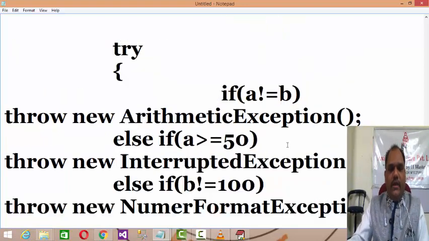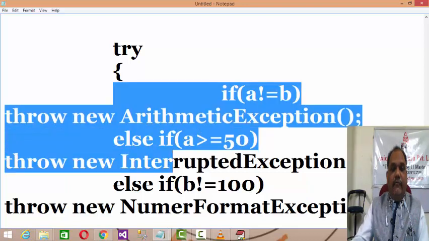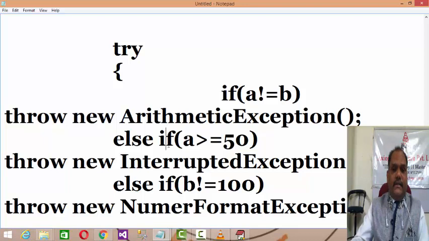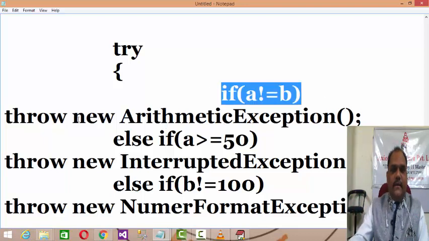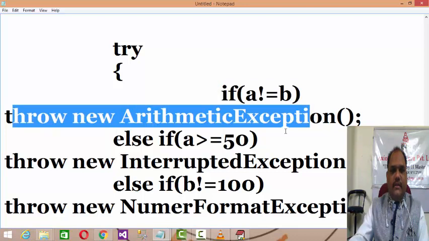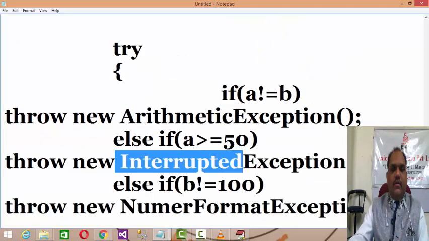Now what we understand by this is that by default the Java runtime environment is not capable of trapping any exceptions, or of knowing whether any exception is raised over there. But the user wants to throw those exceptions conditionally. By default, if no exceptions are raised, there is nothing to worry about. But in those situations, a developer wants to conditionally throw these exceptions if a condition is not satisfied, right? So this is the use of throw.